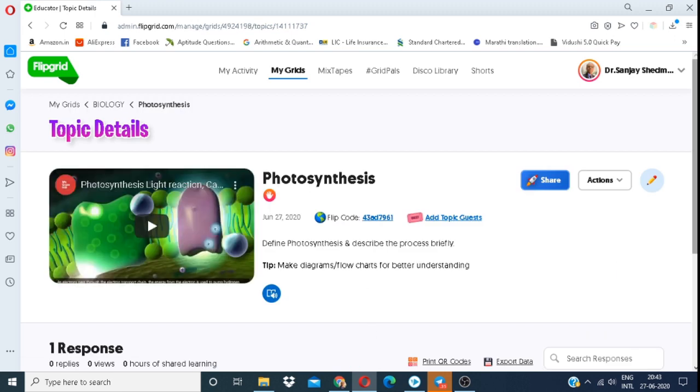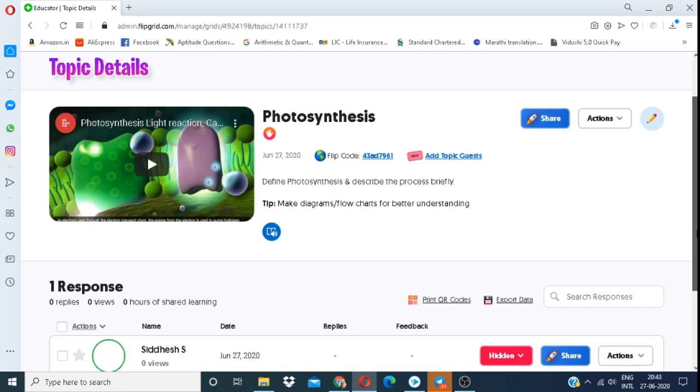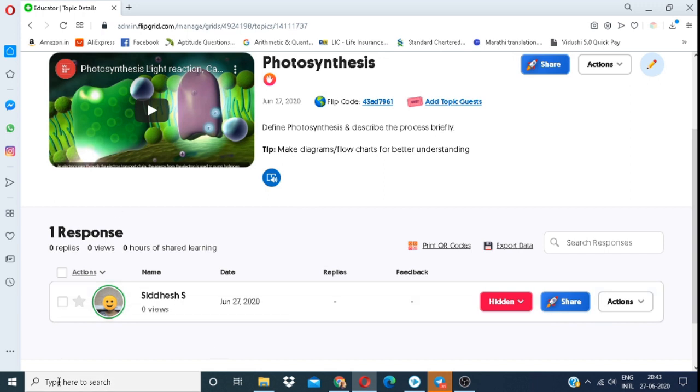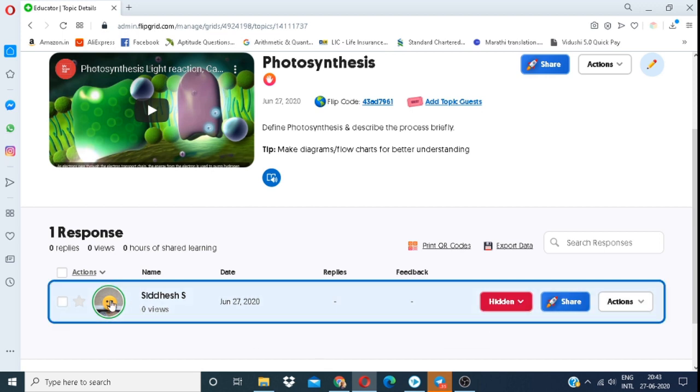So this is what the educators will see. Here you can see there is a response from a student. This is the selfie that we clicked as the student. It will appear in the responses, and the professor or the educator can click and view the video, and they can even hide it, that is moderate. The educator will first moderate the video and then decide if it is fit to go on the public platform. So I'm going to check the video.